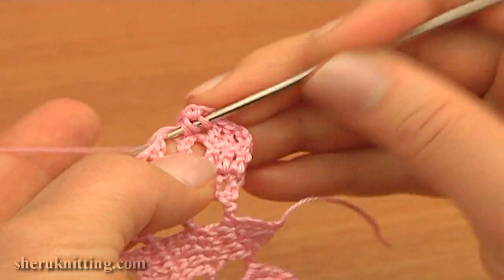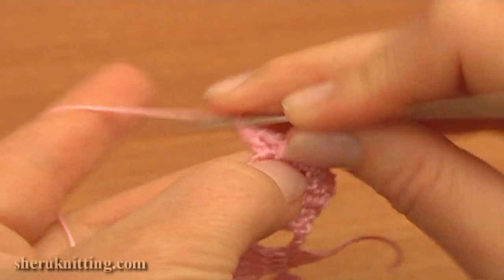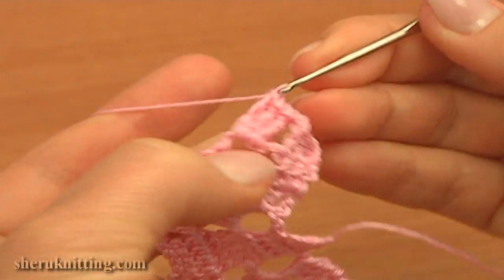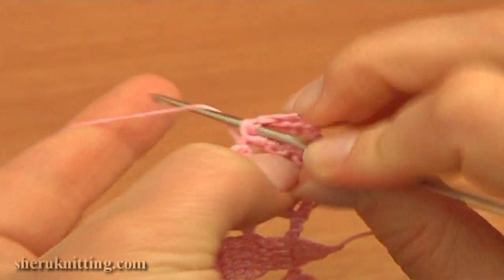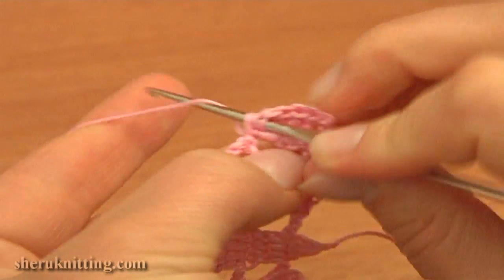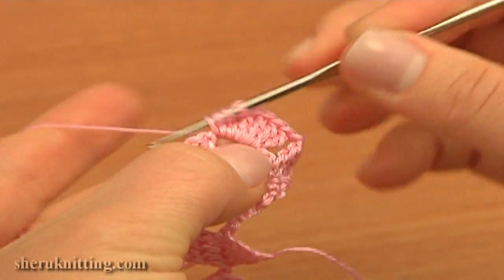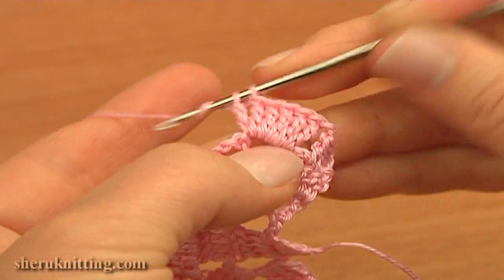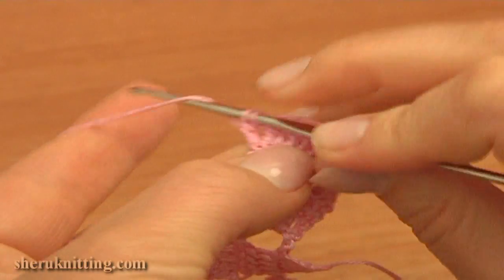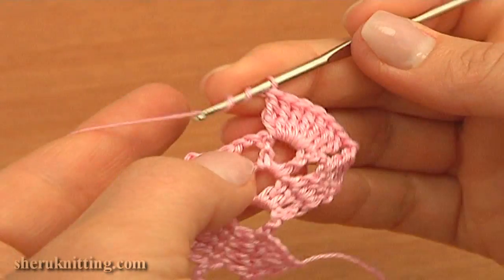Treble crochet 6. 1, 2, 3, 4, 5, and the last treble into the same chain space, 6. Then treble crochet through the next double,